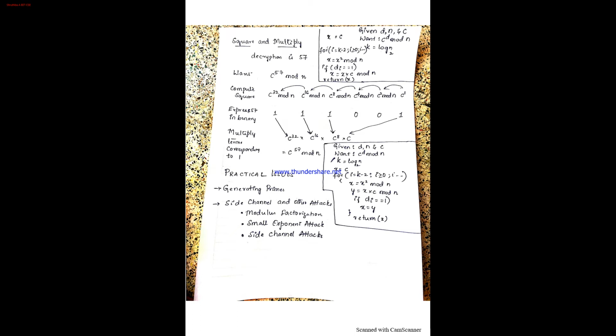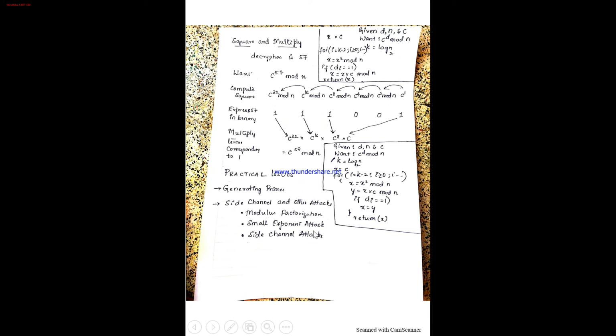So GCD of R1 minus R2 comma n. If any one of its GCD is equal to 1, then definitely they are co-prime, and then they'll result in the two large prime numbers. So this is how, in RSA, practically we can find out what exactly the two prime numbers are.